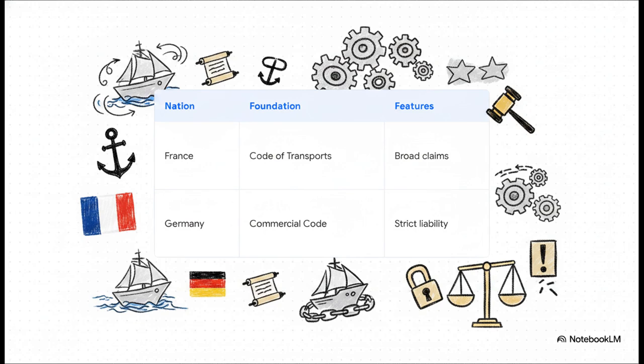In France, ship arrests are actually possible for claims against charterers, the people who are simply renting the ship, as long as a maritime lien exists. Germany also incorporated the 1952 Convention into its commercial code, but they take a radically different approach to liability compared